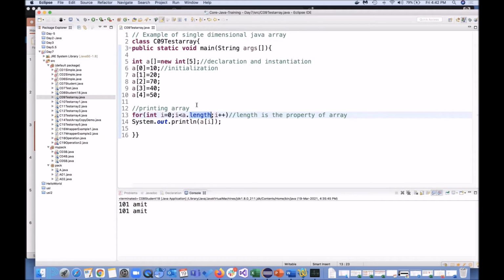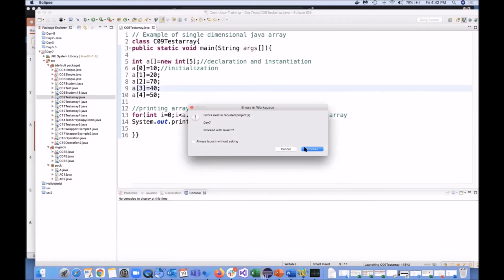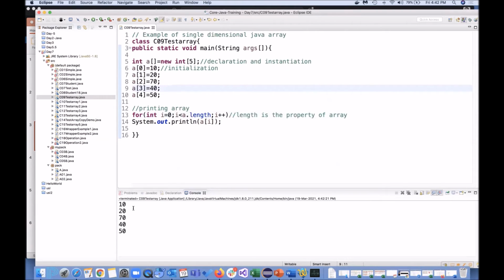So 5 times it is going to print in your program. This is known as a single dimensional array, where you have just one open and close bracket. If I run this program, the values 20, 30, 70, whatever is there, will come.